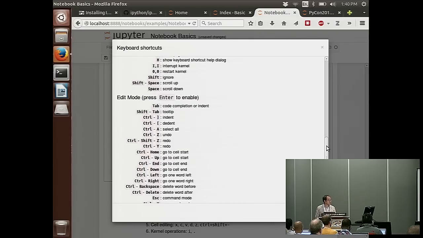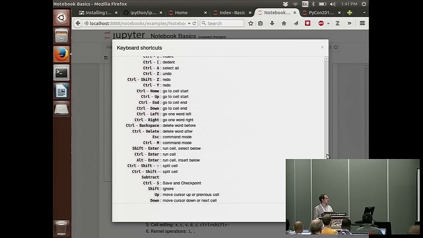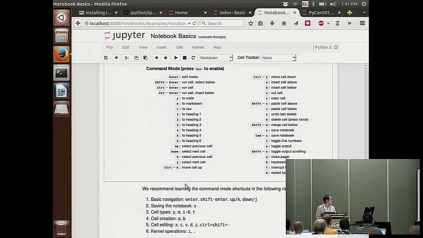And the shortcuts are broken up into the things that work in command mode and the things that work in edit mode. And there's much fewer of our own shortcuts that work in edit mode, but there's quite a few shortcuts for CodeMirror itself. Sorry, CodeMirror is the little text editor that we use inside the cells. And this is an easy order to learn them in. So